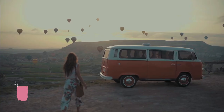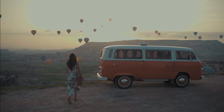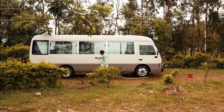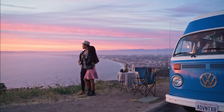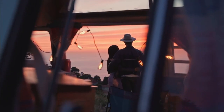Number 13. Try out van life. If you're a free spirit who doesn't need to be tied to one place, consider living in an RV, van, or another vehicle. Van life has exploded in popularity, and it can offer a lot of freedom for those who work online jobs. You'll need the cash to buy and convert a vehicle into a functional home, but after that,